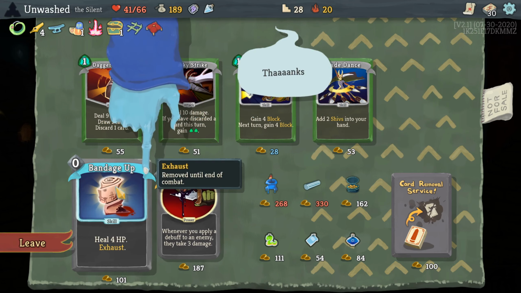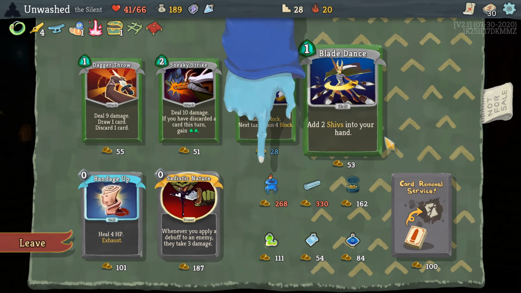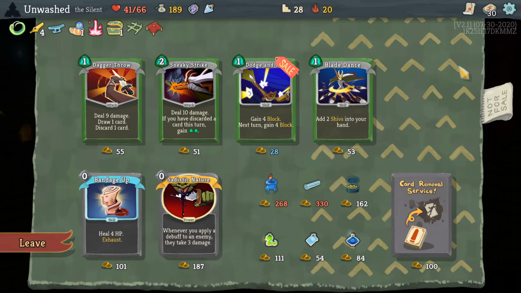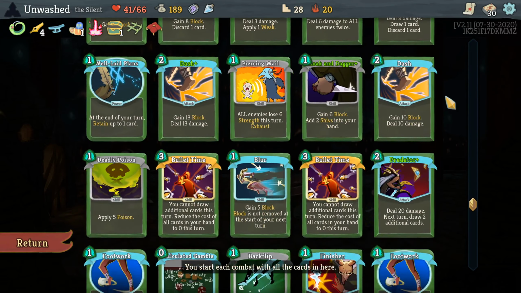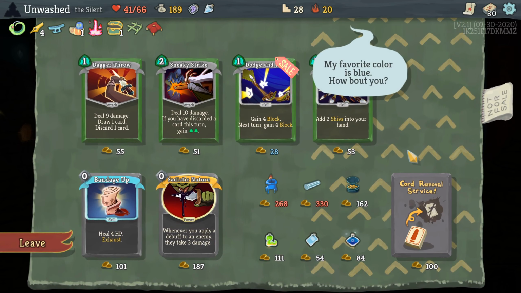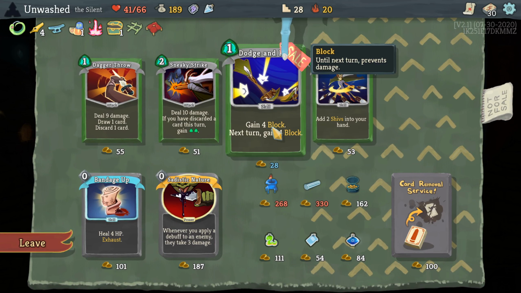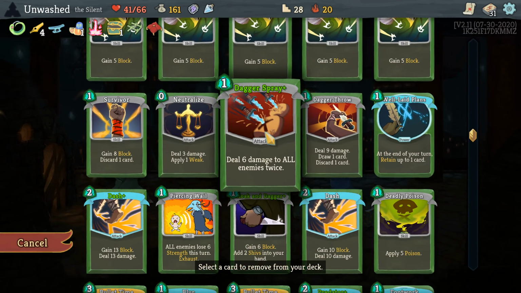We'll buy a footwork. Bandage up is nice, but we have so much healing. I don't think spending money on that bandage up is any good. Sadistic nature, I like it, but with our deck, it is trash. So, an upgrade dodge and roll with 2 footwork. This is good. But without card draw, brother. Let's just do that and then remove a...